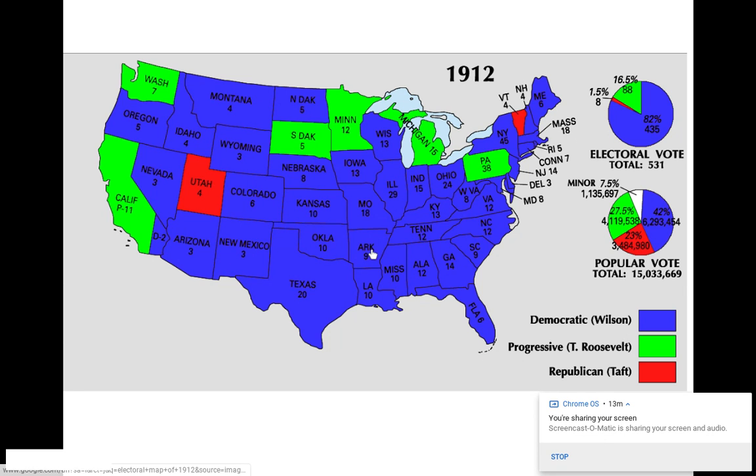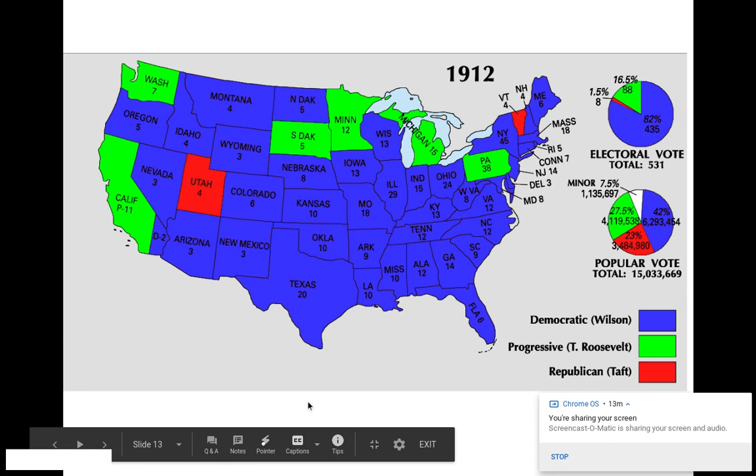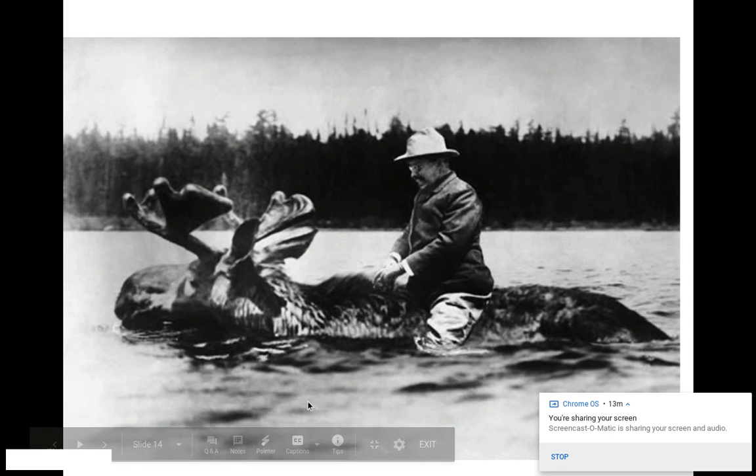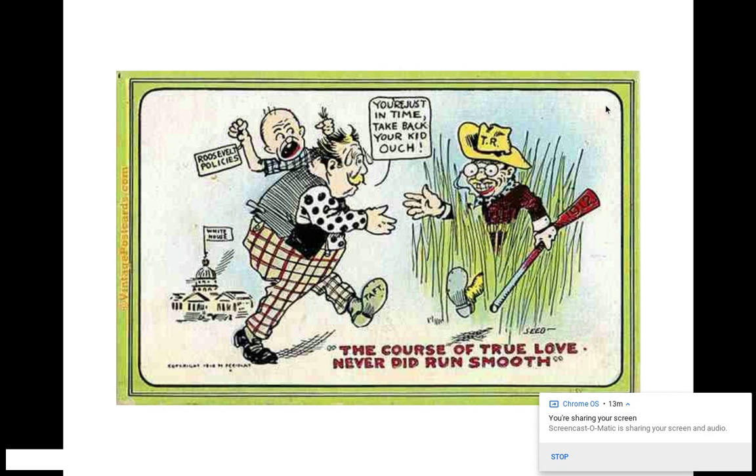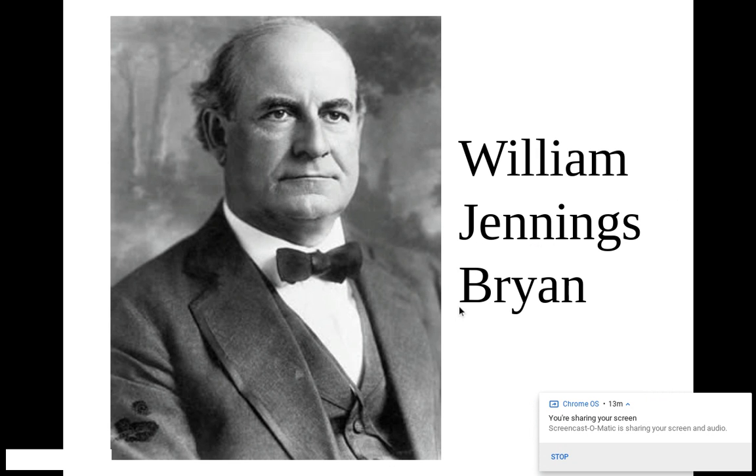And Woodrow Wilson, we might think of Woodrow Wilson as more of a liberal Democrat. There's Teddy Roosevelt. That is not photoshopped, by the way. That's Teddy Roosevelt riding a moose across a river. There's too many stories to tell. So super quick, look who comes out of the grave.